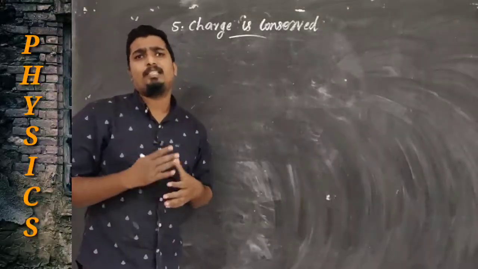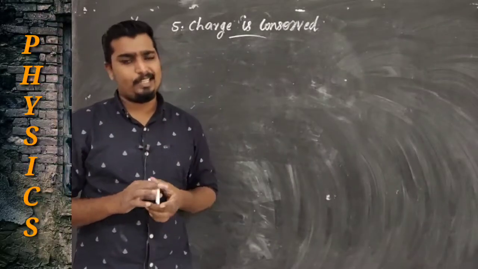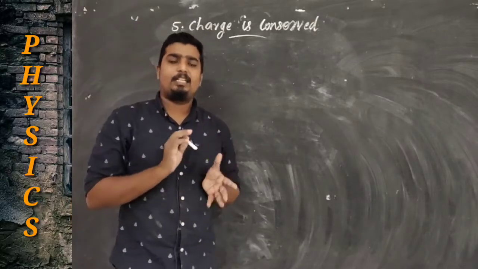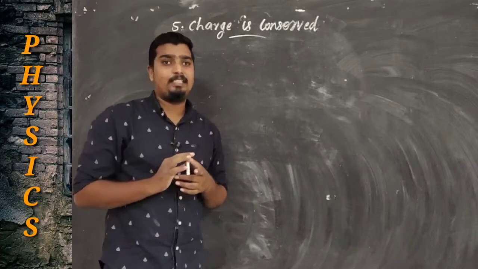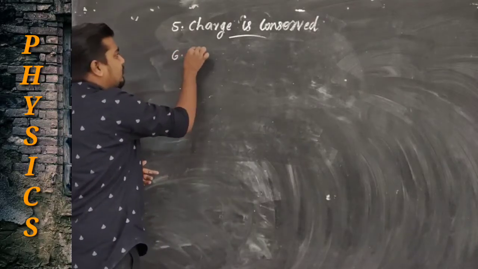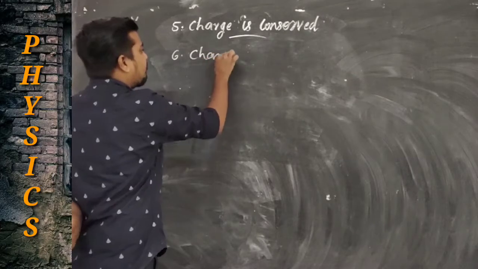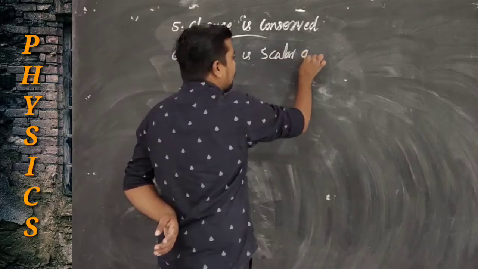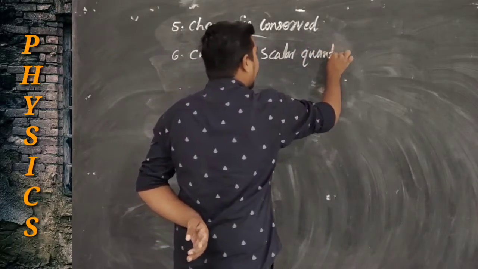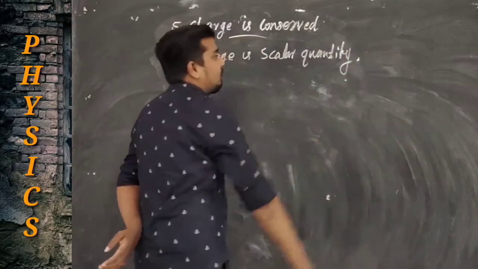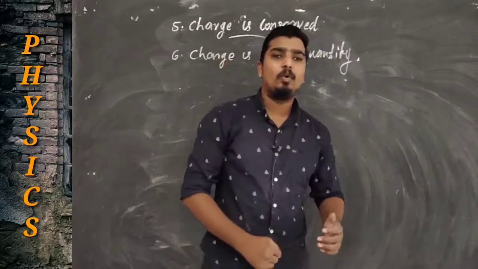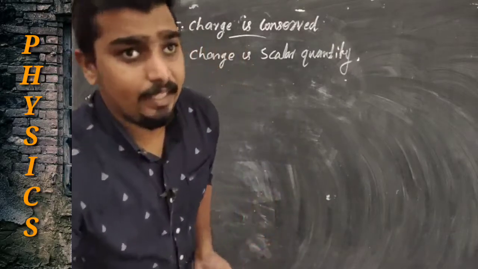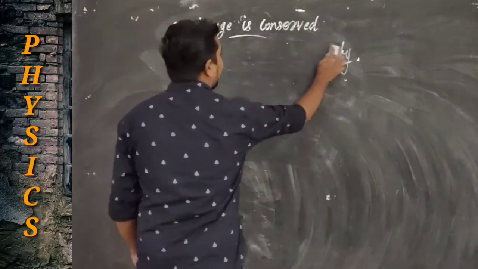And one more thing, charge is a scalar quantity, not a vector quantity. That is the sixth property. Clear? Then the last property, the seventh one,